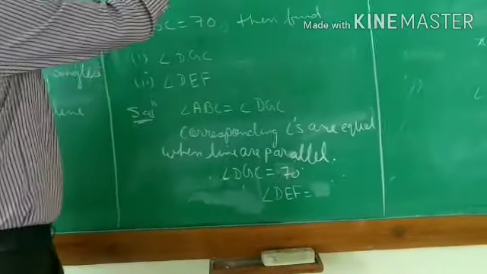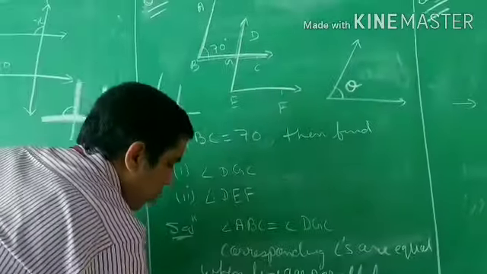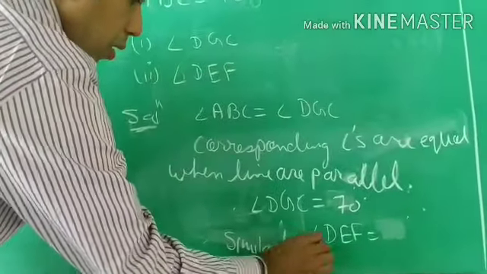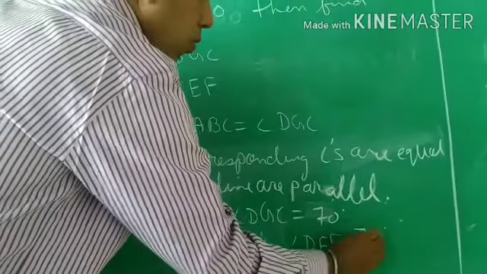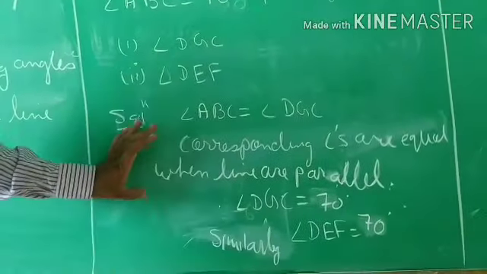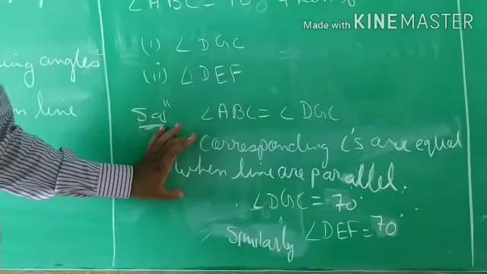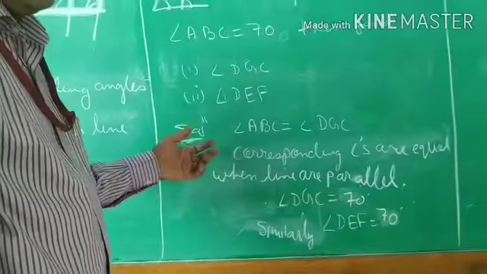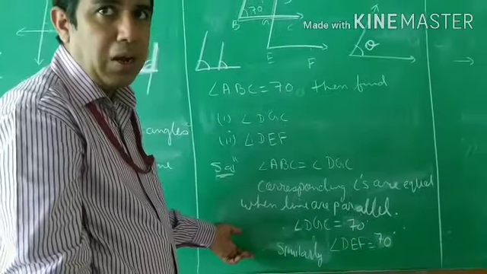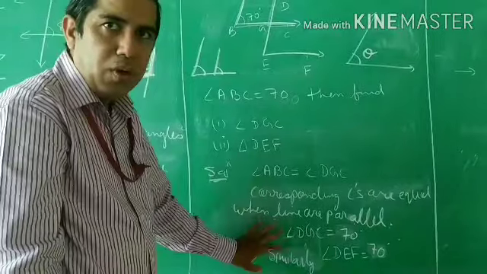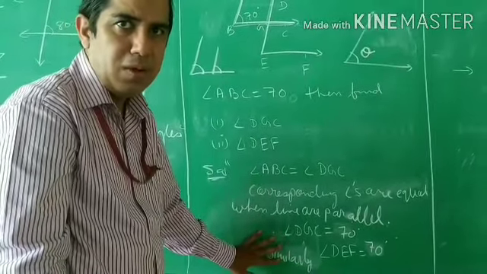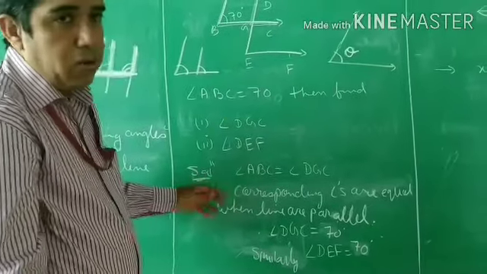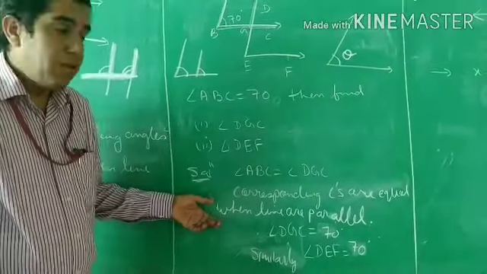Now you can see DEF, same reason I am giving here. So you can write similarly DEF equal to also 70. But this reasoning here I wrote, you cannot use here. Once you wrote in one question solution, you can use in the same question solution. But in the other question, it is written, you can't use it here similarly. I wrote once and you can write similarly now here. Understood? Be clear in writing. Don't get confused. And questions are easy. It is not difficult, but the reasoning matters here.